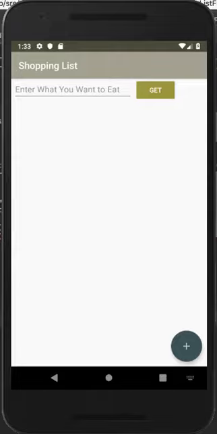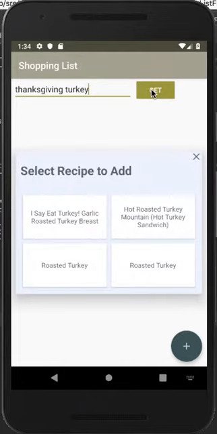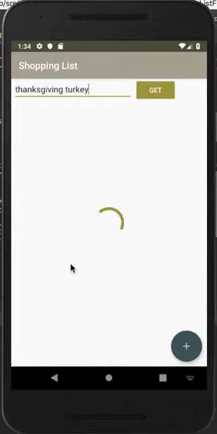This is where my shopping list comes in. So imagine that same scenario, but now I'll use the shopping list app to show you how easy this process can be. So let's say this year you are supposed to bring the turkey. So you simply write it into the search bar, hit get. You'll be presented with different recipes that you may make. Select one of them,